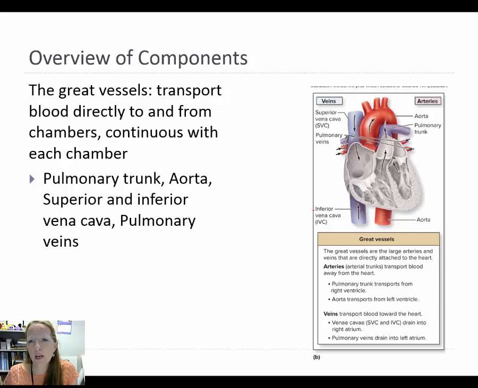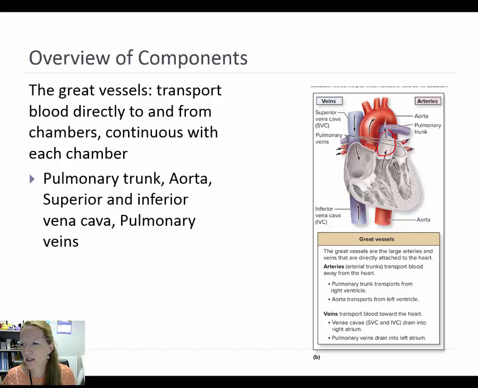These are called the great vessels, and they transport blood directly to and from the different chambers, and they are typically continuous with each chamber. So we are going to look at a few of the vessels that you are going to be looking at, especially when you get to APR. So here is the pulmonary trunk right here,